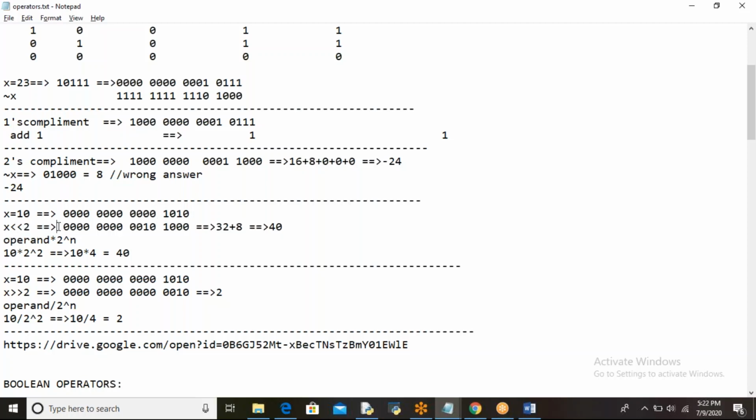What is the use of the left shift and right shift operators? Generally, if you want to add some value to a variable, you have to use the plus operator or increment operator. If you want to decrease the value of a variable, you have to use the decrement operator or subtraction operator.